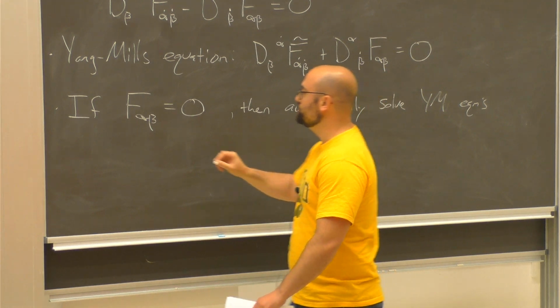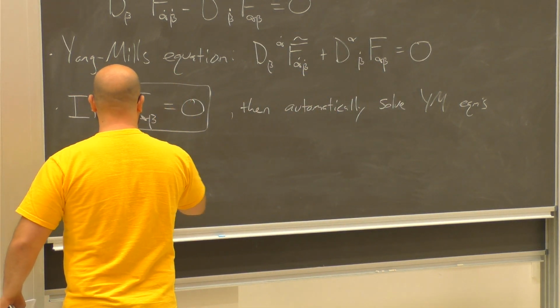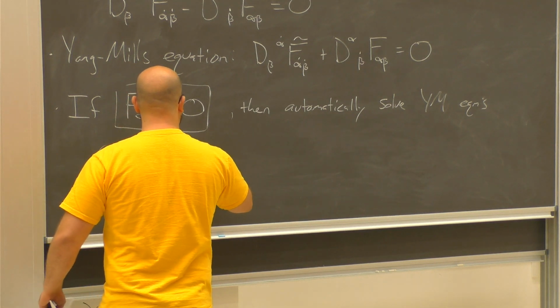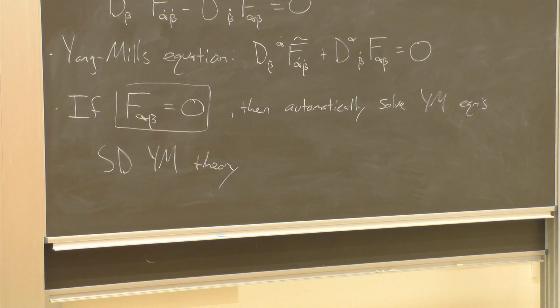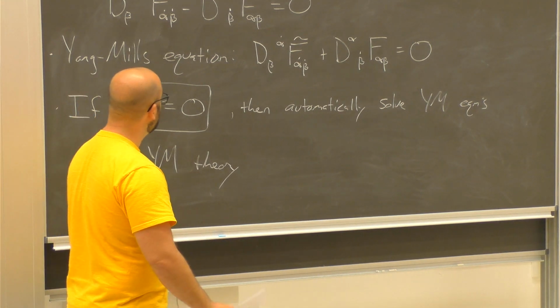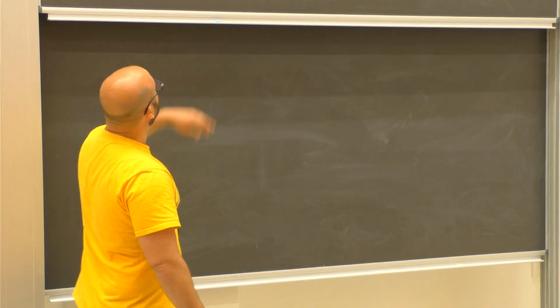Because in this self-dual sector, the Yang-Mills equation is just equivalent to the Bianchi identity. So this is just a kind of nonlinear version of what we said about Maxwell theory yesterday. Now yesterday, when we made this observation, it was sort of in the service of saying that self-dual Maxwell fields